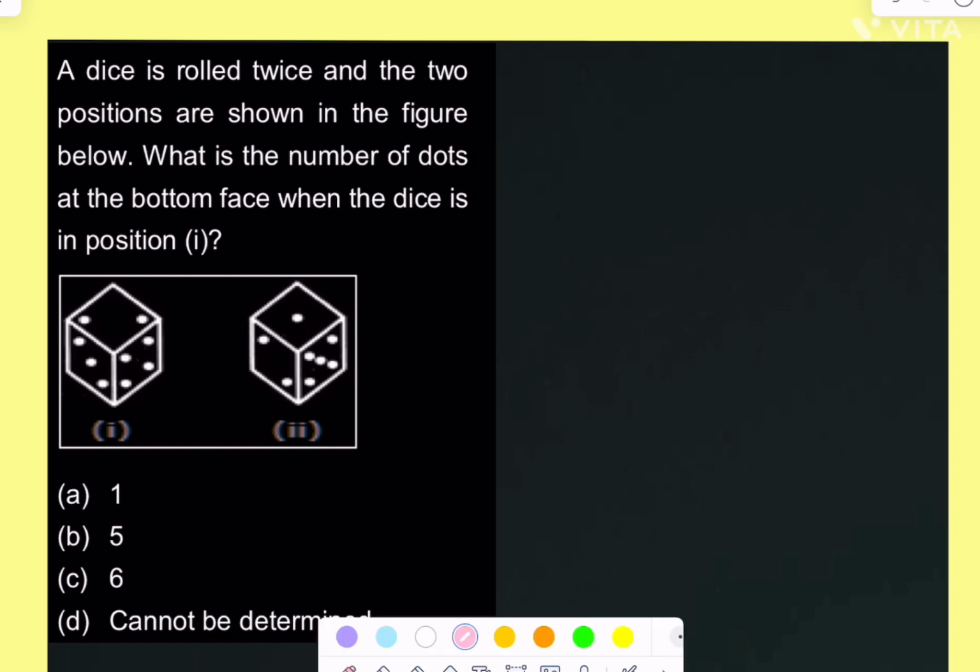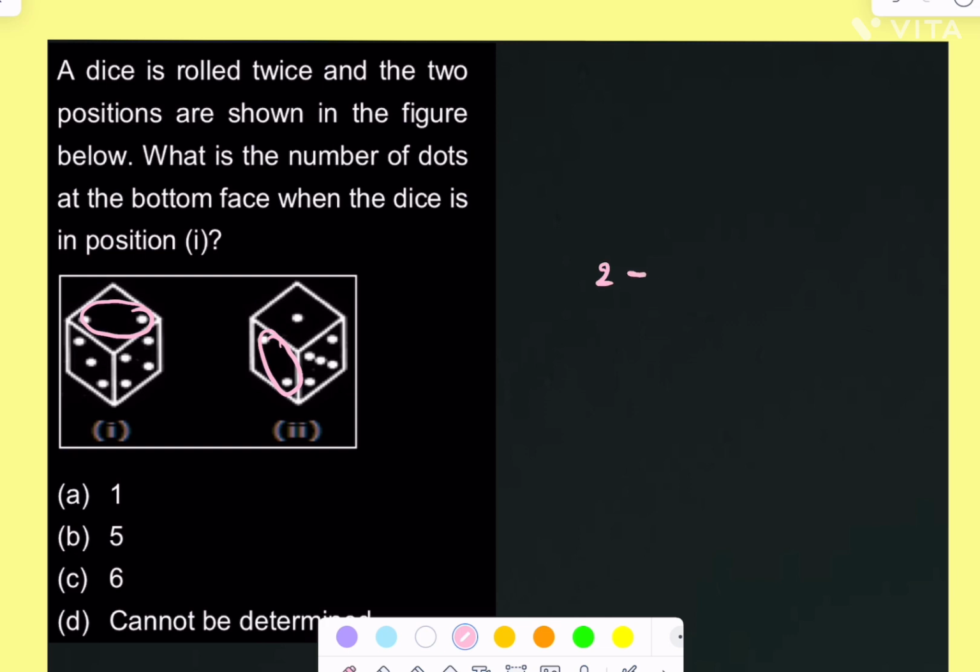And we'll check it here also once, and we are observing here, right? If I'm seeing normally, here 2 dots, 3 dots, 4 dots in the first die, and here also 2, 1, 5 dots are there. Only two different positions are there here. Only one face is the common face, not 2 is the common face, right? So 2 is the common face here.